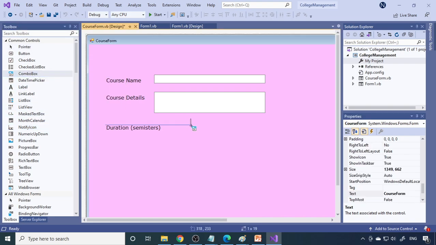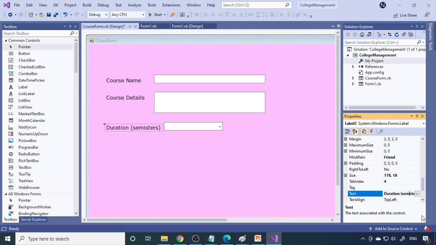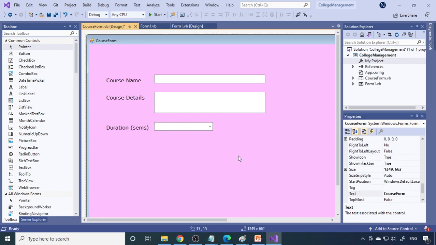So here is a combo box. These semesters I'll shortcut to sems. I'll take it to the left side. Now this is combo box 1. Here semesters may be up to 8 or 10.